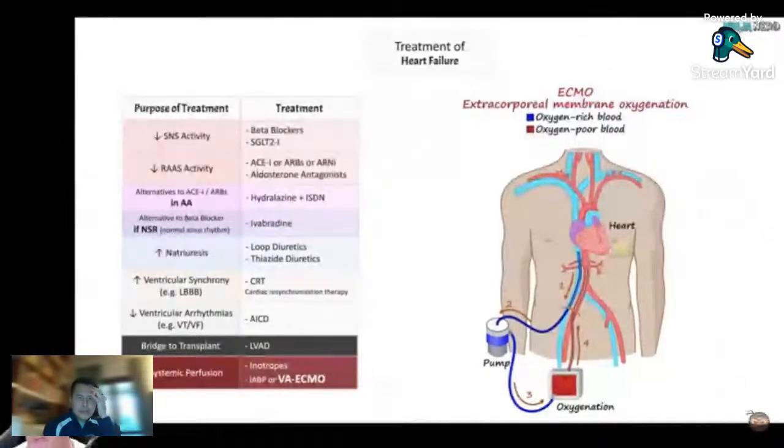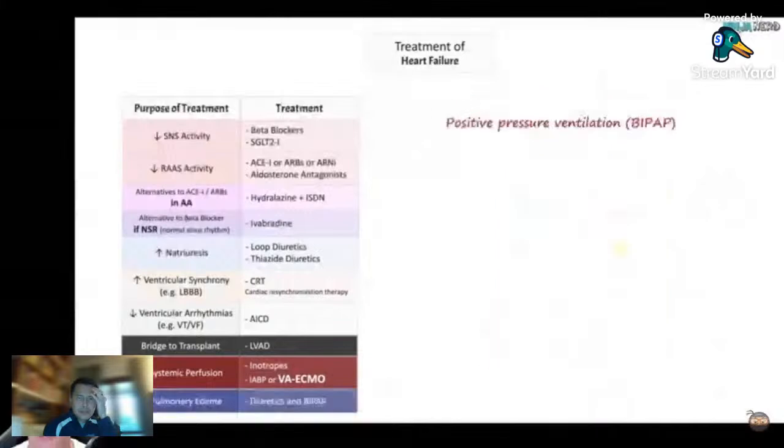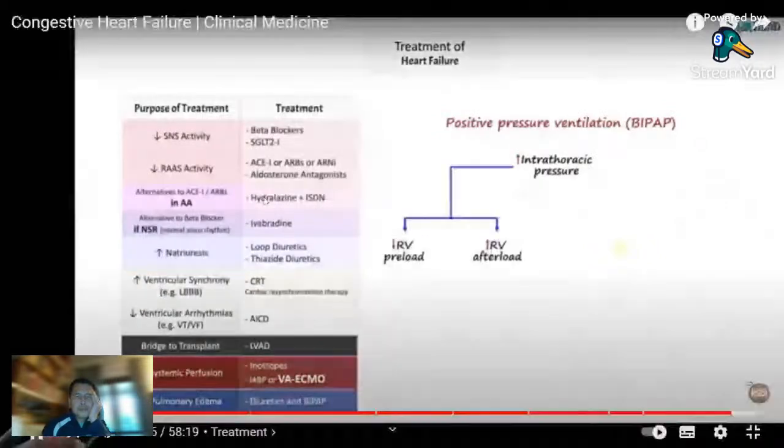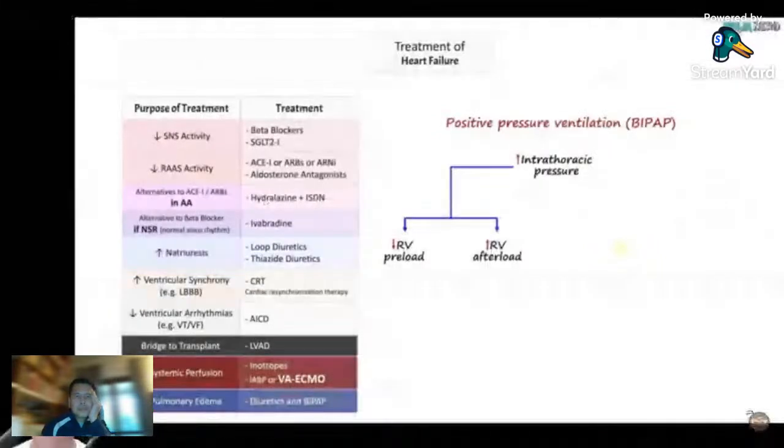The other thing I think is important to remember in a patient who's in cardiogenic shock or having any signs of cardiogenic pulmonary edema is what's called BiPAP. Use diuretics to help get rid of some of the sodium and water, which will help reduce some of that pulmonary edema, but BiPAP has been shown to potentially increase the intrathoracic pressure. That will help reduce right ventricular preload. So you don't have as much blood going to the right heart, and you don't have as much blood going out of the right heart. So now less blood is going through the pulmonary circulation and to the left heart. If there's less blood going that way, there's less blood leaking out into the pulmonary interstitium.